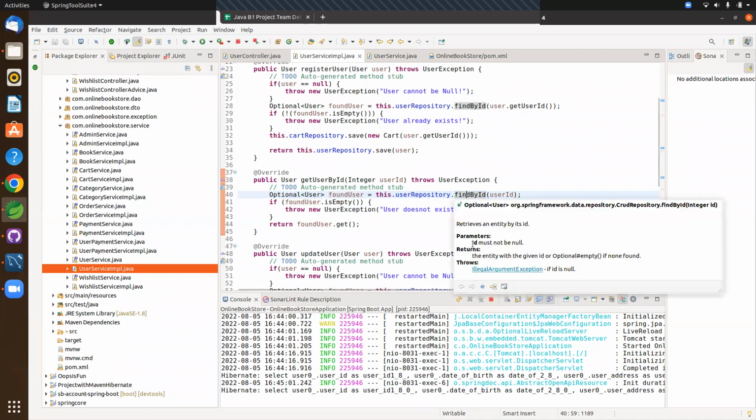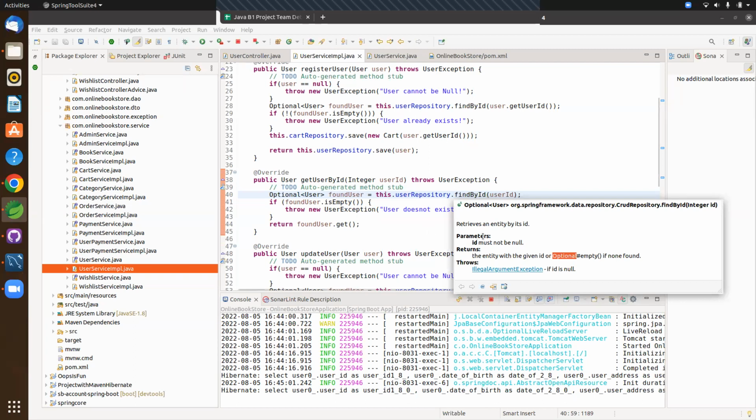ये रिसोर्स रिपोर्ट जो ऑब्जेक्ट जो रिसोर्स है डेटाबेस वो रिटर्न करेगा या तो नल रिटर्न करेगा? नहीं यार, वो आपको रिसोर्स को एक ऑप्शनल ऑब्जेक्ट में डाल के वो रिटर्न करेगा. Look at the top, Optional in angle brackets User. It returns an optional object. So the optional object is just a container. आप चेक कर सकते हो वो इसके अंदर object है कि नहीं. So if it is not there, you throw the exception. If it is there, then you have to call a get method to get the object out of that container.